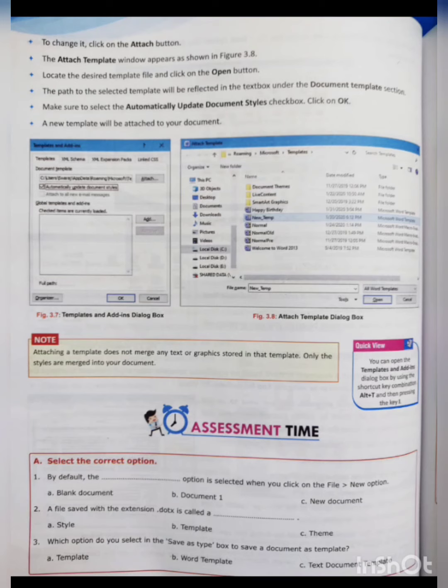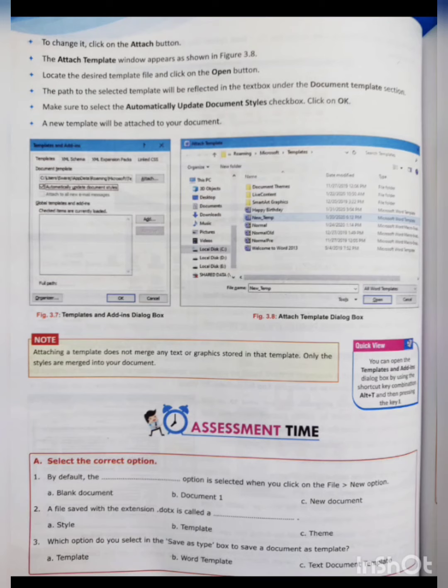We have to remember one thing: attaching a template does not merge any text or graphics stored in the template. Only the styles are merged into our document. What does that mean? Suppose you have attached a template to a document, and that document contains various images and text.